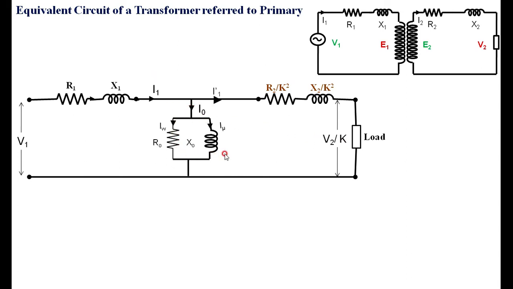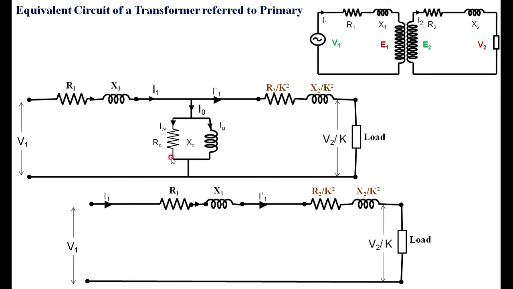Then we are introducing here the no load component with R0 and X0. R1 and X1 are nothing but the resistance and reactance of the primary, and similarly R2 and X2, which are in the secondary, have already been transferred to the primary side. This is the equivalent circuit diagram of the transformer referred to the primary. Still I am doing the simplification of this particular diagram